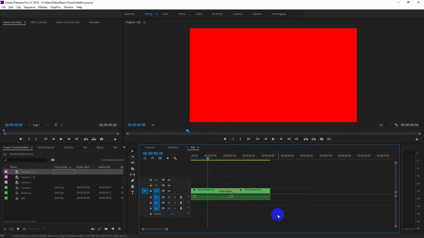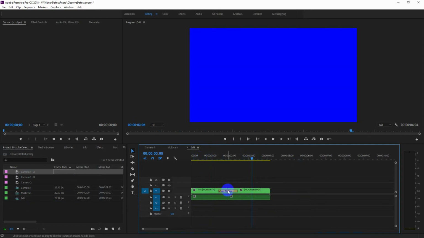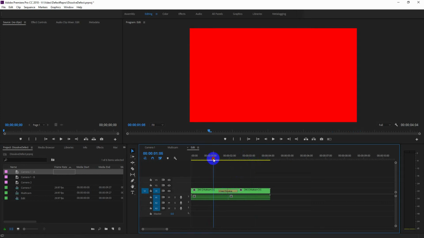This is just a quick video to demonstrate a defect in Premiere Pro. This is a multi-camera edit where I've got ultimately some red video here. These are just color mats. I've got some blue video here, and I have a cross dissolve between them. And when I go across that dissolve, I expect it to fade from red to purple to blue, but it